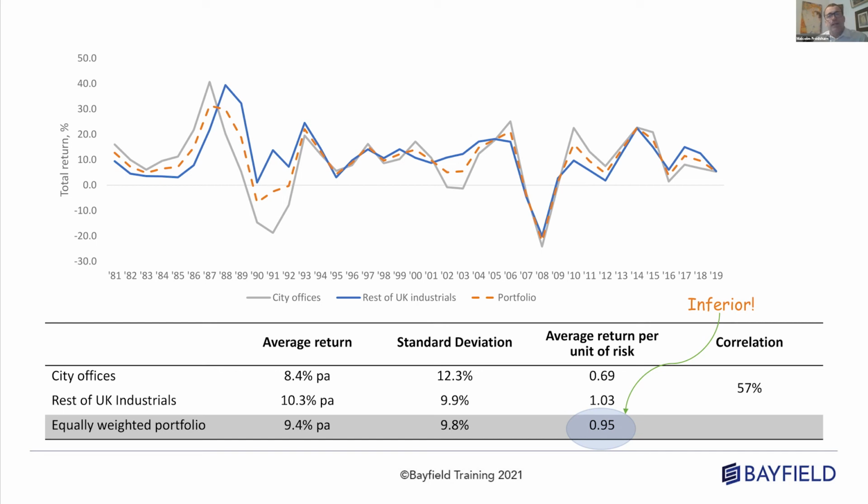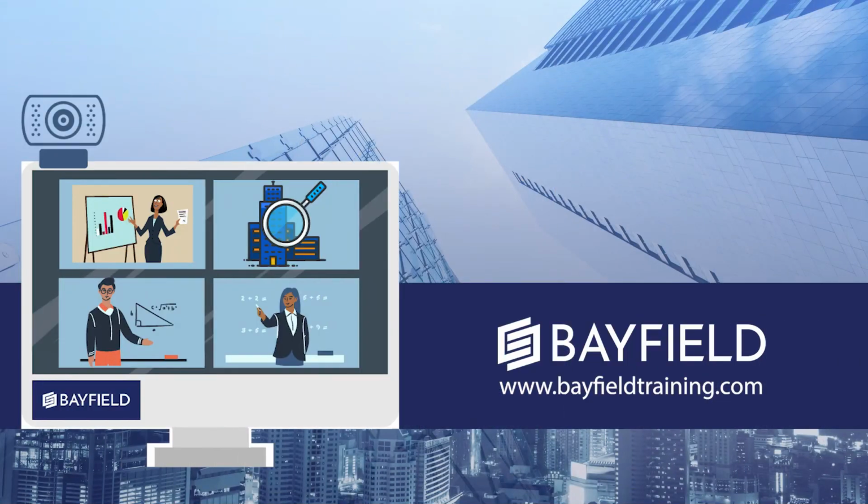So just sit back and think, okay, I want to do that, but I want to do it for every segment in the market, and I want to work out all the individual segment weights that give me the best return per unit of risk. You could do it. It would take you an awful long time. So the magic of modern portfolio theory was simply to reduce all the calculations just based on the expected return, the correlation of returns, and the standard deviation of returns.